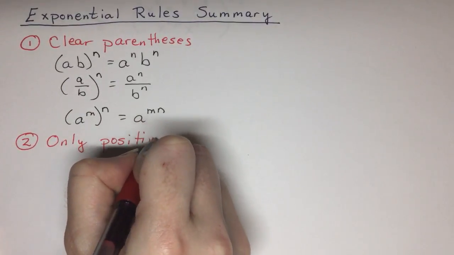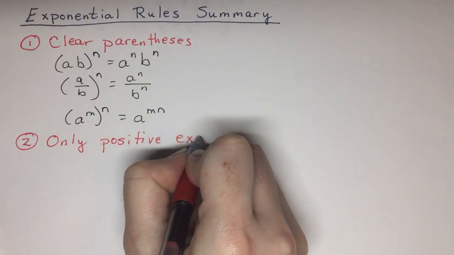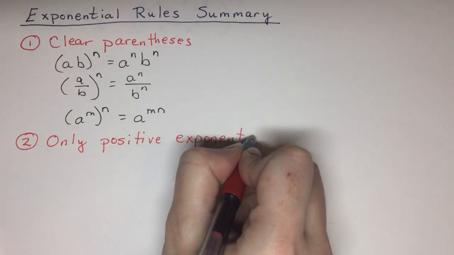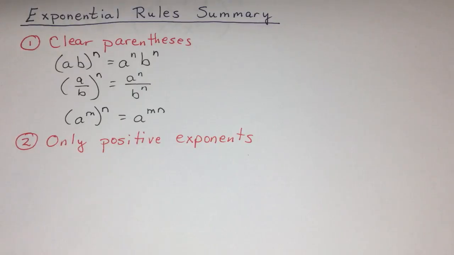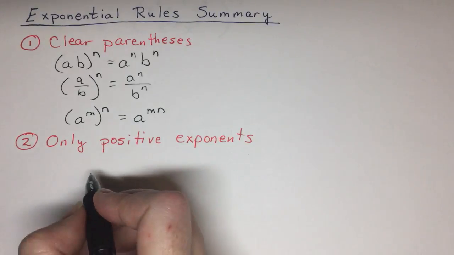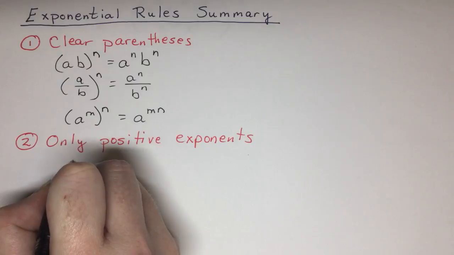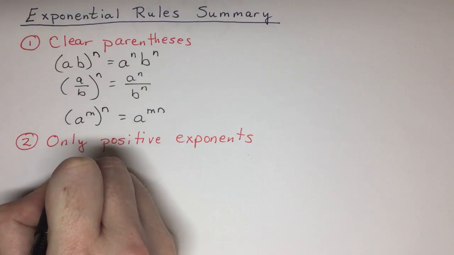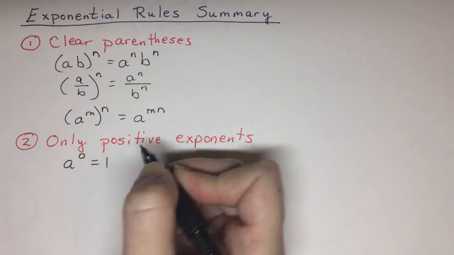We want to have only positive exponents. The average person will know what 5 squared means. The average person will not know what 5 raised to the negative 2 means. So we have two rules dealing with exponents that are not positive. Anything to the 0 is 1,